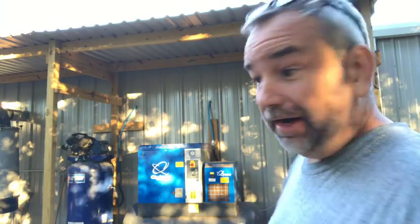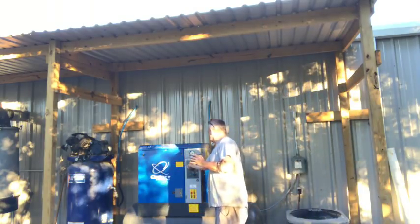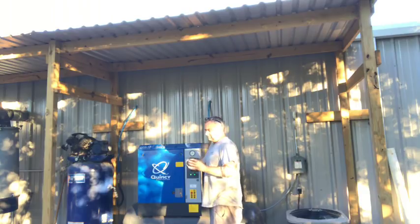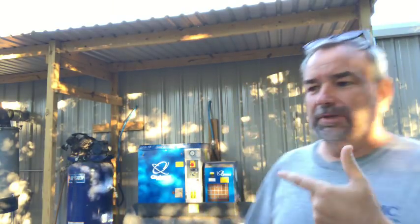I think it's been about 3, maybe even 4 weeks since this thing stopped building pressure. And it comes on, right? It comes on and runs with no problem. And I'll say that the motor starter in this thing, or the starting capacitor on it, or whatever, is one